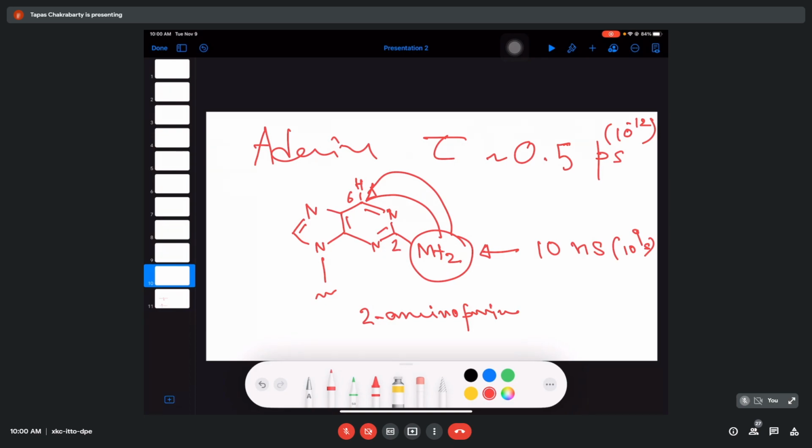So you can naturally ask why nature selected adenine, where the amine group is at the 6 position and not at the 2 position. If it were at the 2 position, then because of the long lifetime, the molecule would exist in the excited state for a long period of time. A long time means it gives enough time to undergo oscillation of many chemical bonds. And an excited molecule is an energetic molecule, so this energetic molecule can be involved in many other kinds of chemistry with the molecules present in the environment.